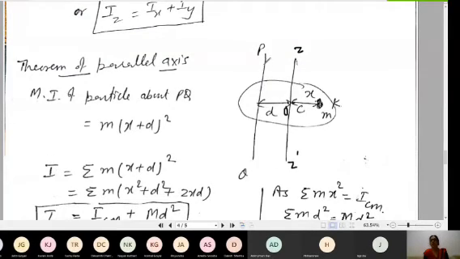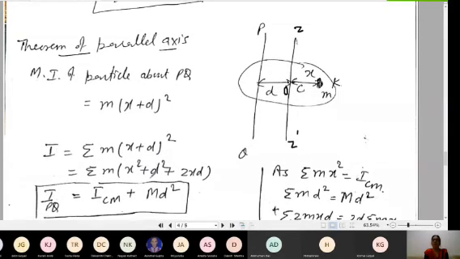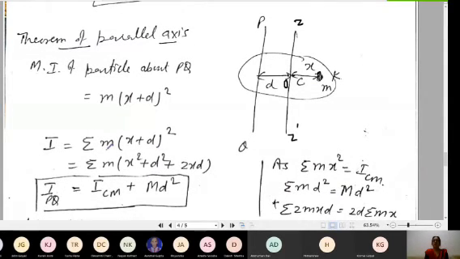So if I want to find the moment of inertia about this PQ, by the definition, I get m into the perpendicular distance squared, and the perpendicular distance is x plus d. So I will be writing the moment of inertia of the particle about PQ equal to m(x + d)². Now if I simply solve it mathematically, I am getting the summation of m into x² plus d² plus 2xd. Now if I want to write it for n particles,